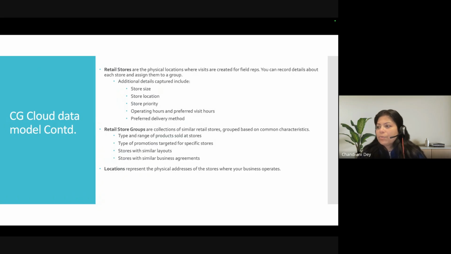And the sales manager is responsible for the NTO account, as well as the categories below it, and the stores below it. So you might have 10 sales managers for NTO accounts. One sales manager may be looking at the retail stores which are located in North Calcutta, or somebody in the south. So you might have a geographical variation, and you might have categorized your groups like that, or you might have categorized your groups through the types and ranges of products you handle, and your sales managers are assigned in that way.